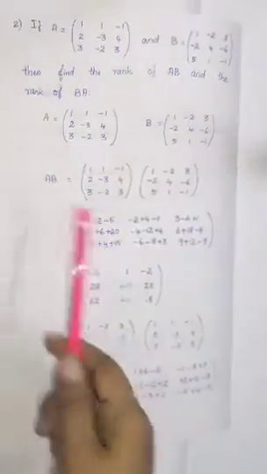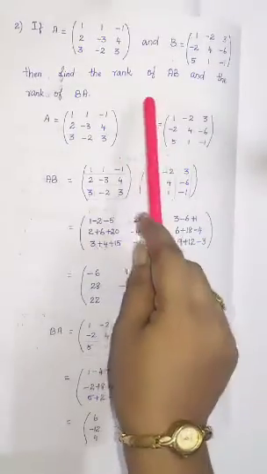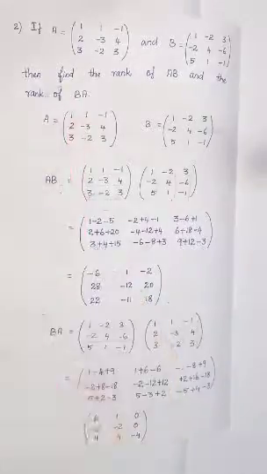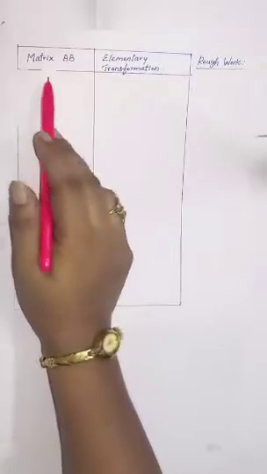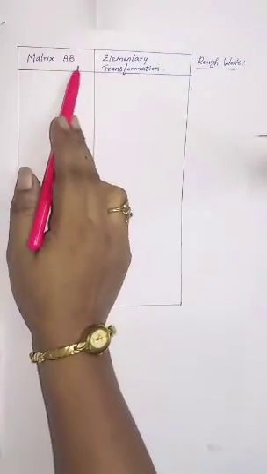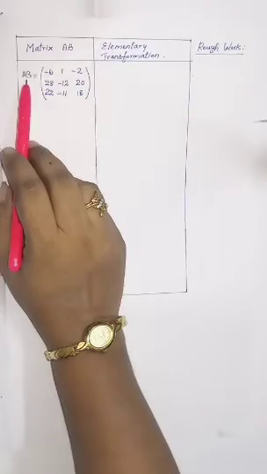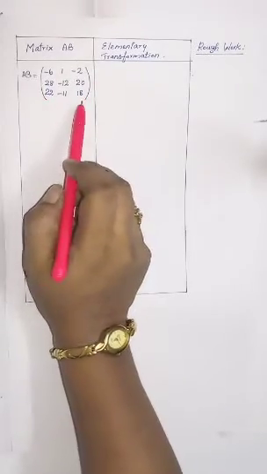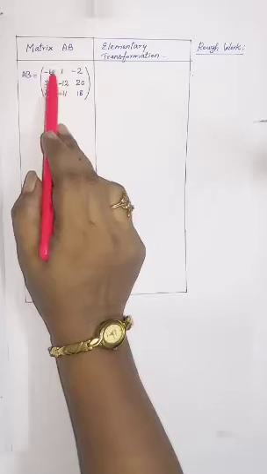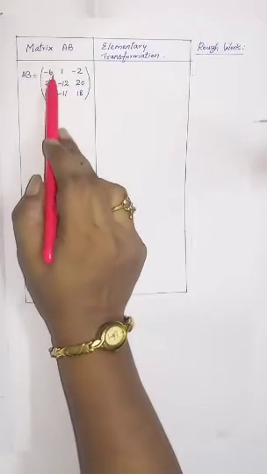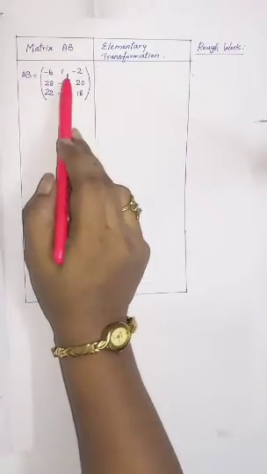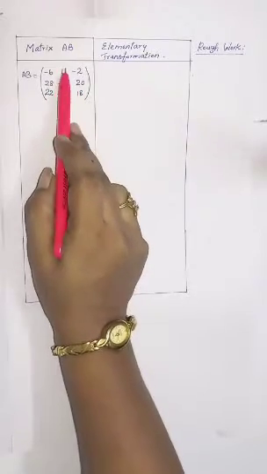So we have got the value for AB and BA. We will have to find rank of AB and rank of BA now. So first we will find for matrix AB the rank. Okay. What we have got before that AB answer, I just wrote it here. The first thing is you'll have to see in your first row, first column element, that should be 1, okay. So you can see everywhere, but only one is there.